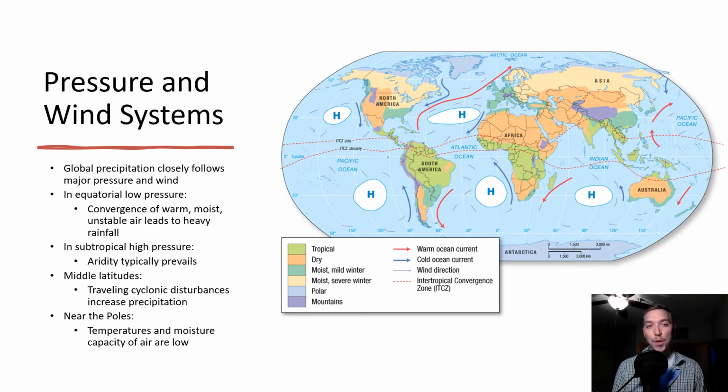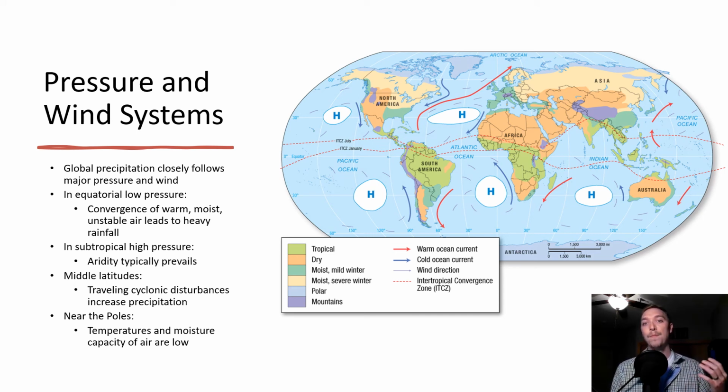And then finally, pressures and wind systems. Global precipitation very closely follows major pressure and wind setups across the globe. In equatorial low pressure regions, you have the convergence of warm, moist, and unstable air that leads to a lot of heavy precipitation. Think about where some of our tropical rainforests are. They're in that equatorial region. In our subtropical high pressure areas, we typically see a lot of aridity. That's where our prominent deserts are, sub-Saharan Africa,